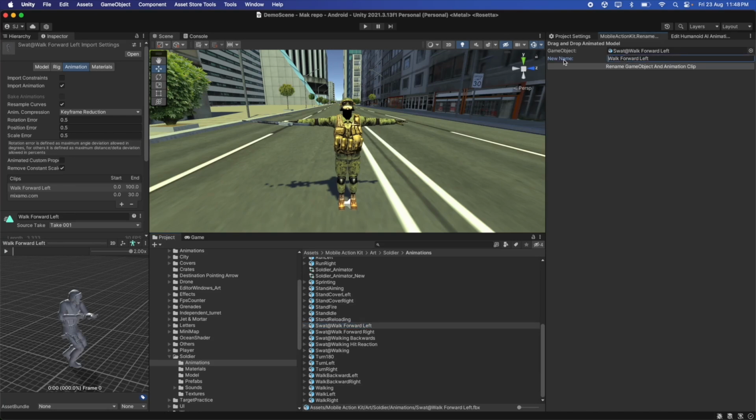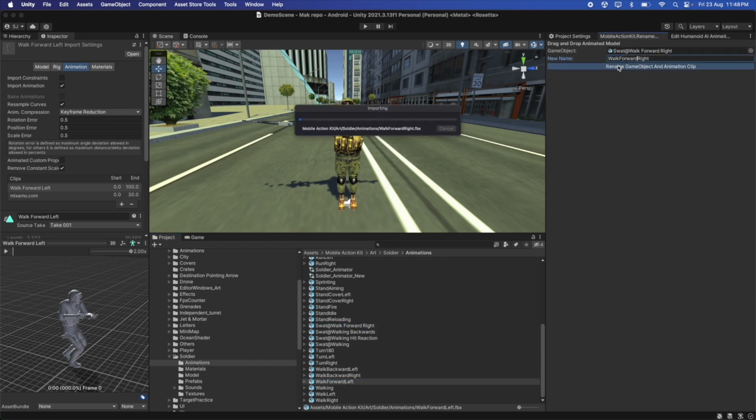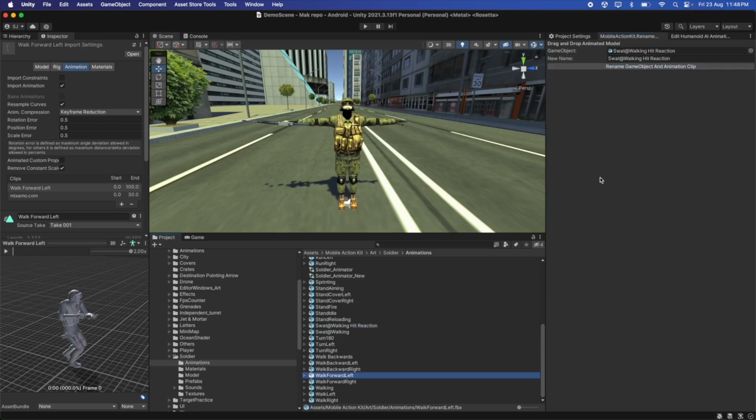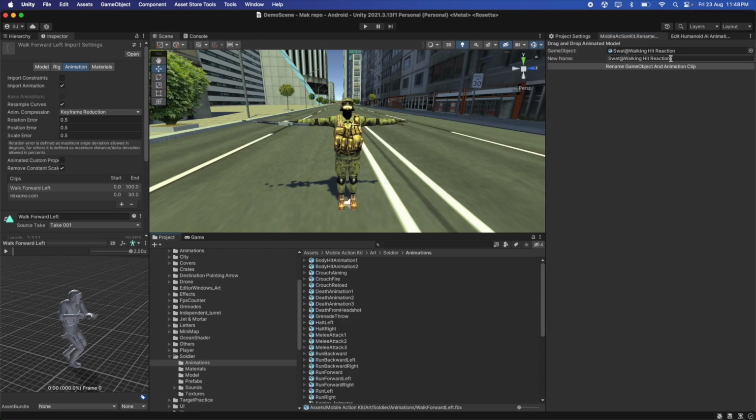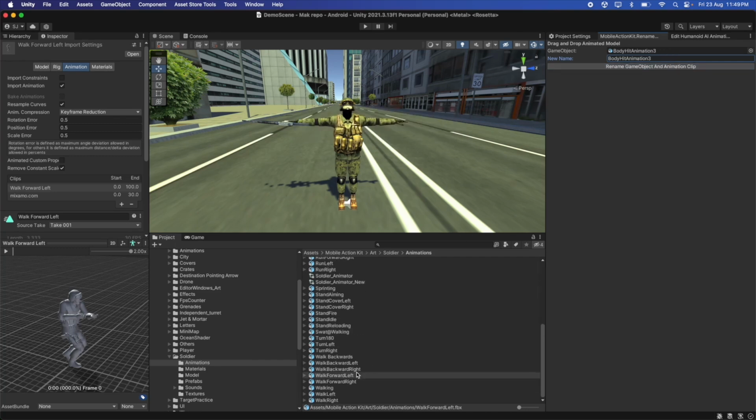Same thing for walk forward left, also removing prefix and the spaces. And for the walk forward right is the same procedure. Next one would be just walk backwards. Next one we'll use for the body hit animation 3. And now we're done with the clips that needed to be renamed, and we're ready to get to the second